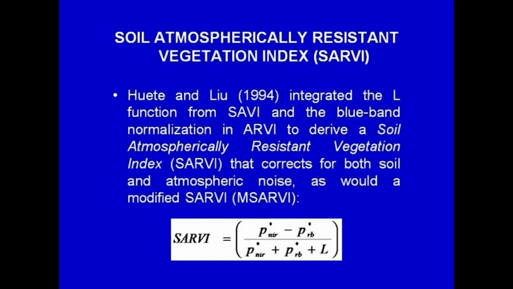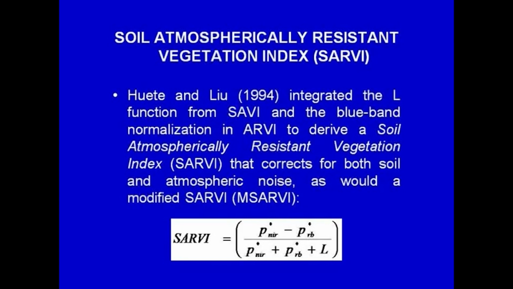The next index is an improvement over ARVI. In ARVI, we have considered the atmospheric effects. However, we have not taken into consideration the soil. Hence, Huete and Liu in 1994 integrated the L function from SAVI and the blue band normalization in ARVI to derive a soil and atmospherically resistant vegetation index, in short